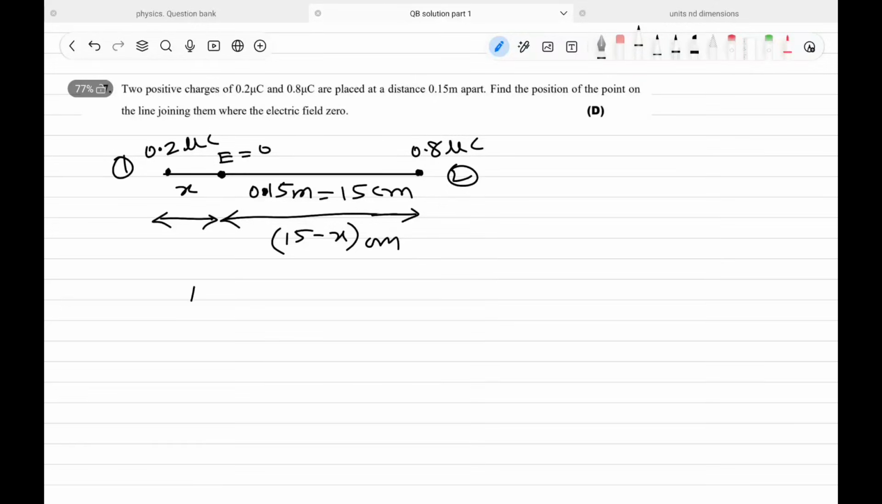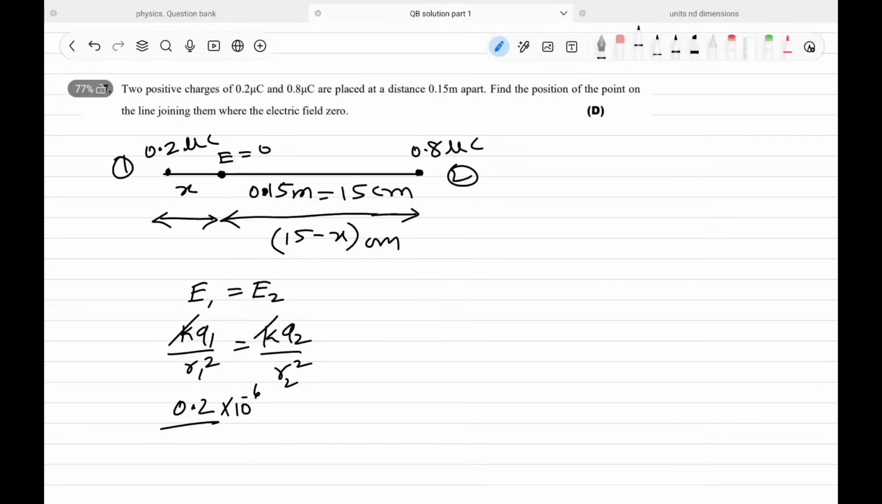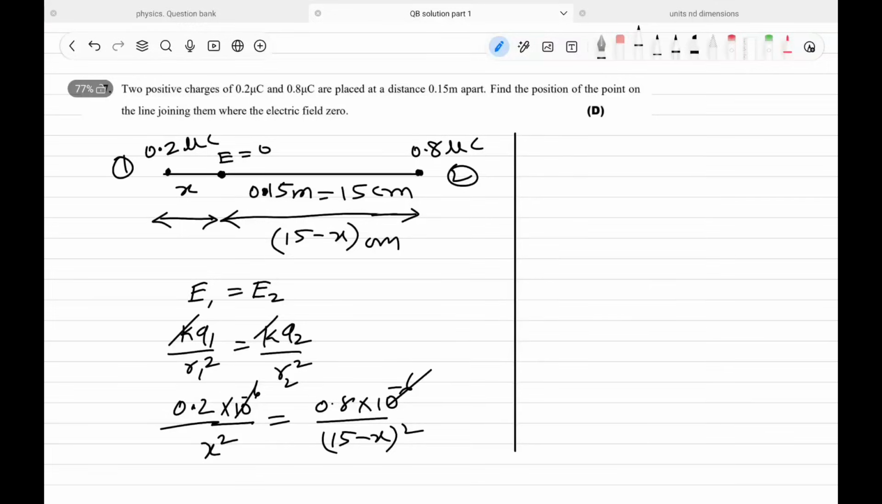ये इस चार्ज पर, इस पॉइंट पर हम समझेंगे इलेक्ट्रिक फील्ड 0 होगी तो इक्विलिब्रियम होगी, तो E1 is equal to E2 मान लेंगे। इलेक्ट्रिक फील्ड का फॉर्मूला रखते हैं K Q1 divided by R1 square is equal to K Q2 divided by R2 square. ओके, K दोनों साइड से कैंसिल कर देंगे और पॉइंट चार्जेस ले लेंगे, 0.2 into 10 to the power minus 6 divided by x square. Now 0.8 into 10 power minus 6 divided by 15 minus x whole square. 10 पावर माइनस 6, 10 पावर माइनस 6 दोनों साइड से कैंसल, और यहाँ पर हम आगे देखेंगे